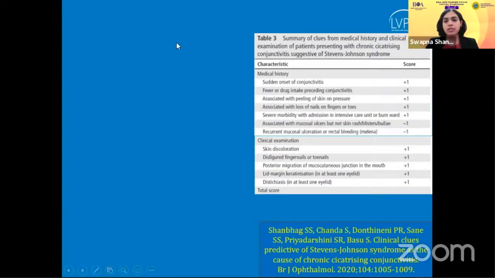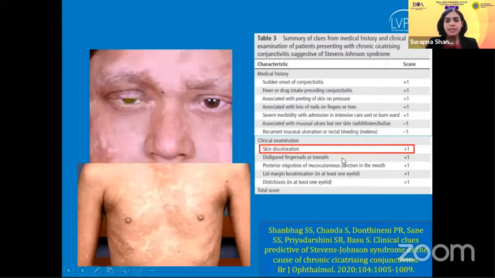So we ask a medical history with the following: a sudden onset of conjunctivitis, drug intake, associated peeling of skin on pressure, associated loss of nails on fingers or toes, again very characteristic in the acute phase. So this entire history is for the acute phase. And unfortunately, most patients present to us very late in the chronic phase. Clinical examination, again, skin discoloration is very typical in patients with SJS, but cannot be...